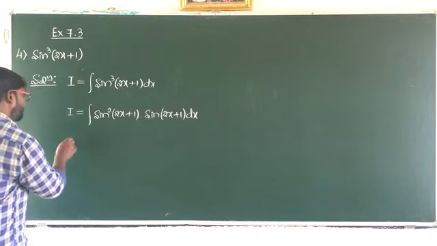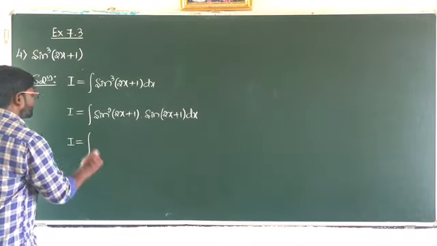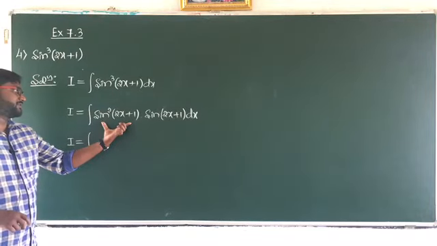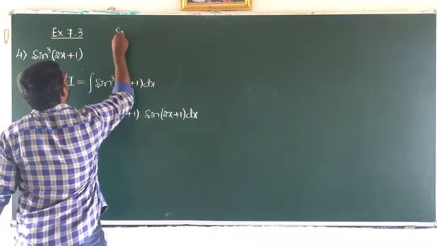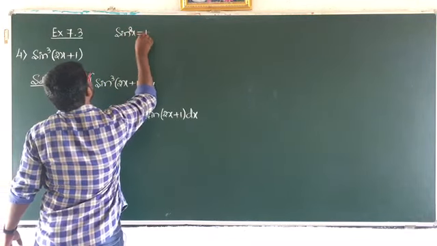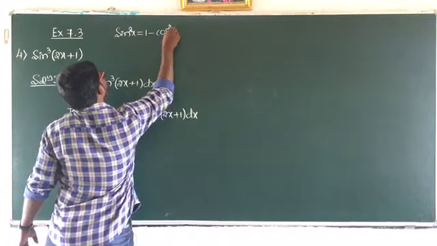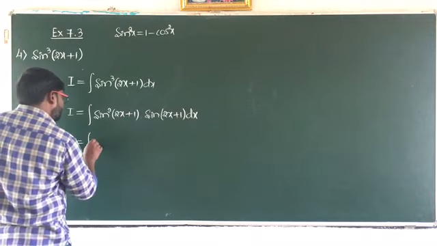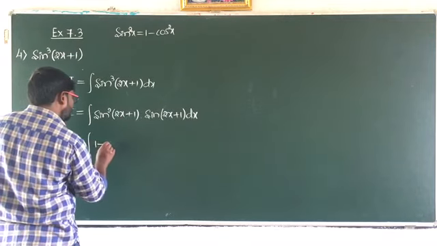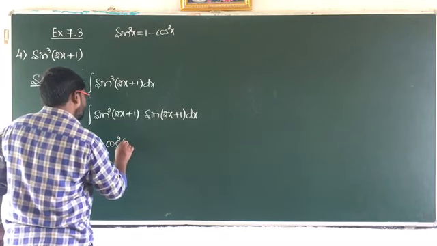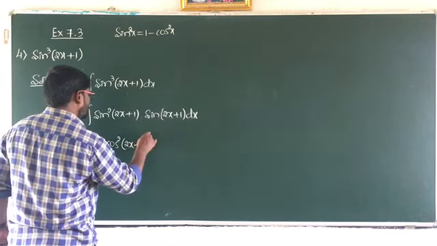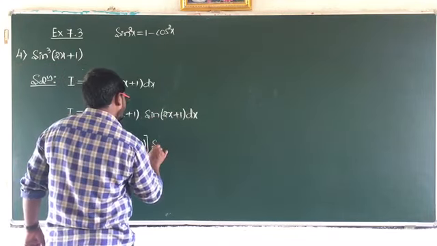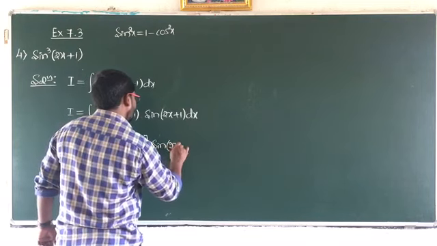So now I, which is equals to, so here sin square 2x plus 1 can be written as 1 minus cos square 2x plus 1. Sin square x is nothing but 1 minus cos square x. So now it is in the form of sin square x. So 1 minus cos square 2x plus 1, write this as it is, into sin of 2x plus 1